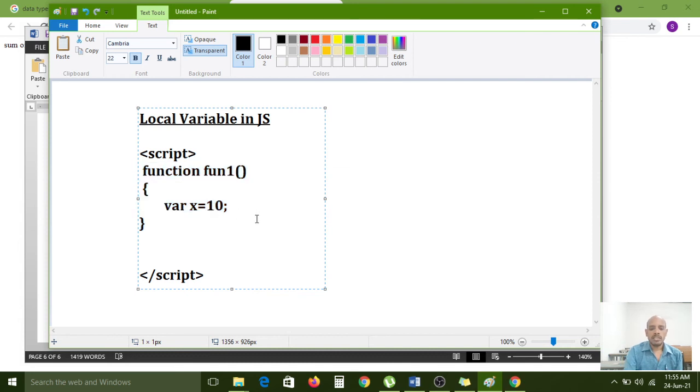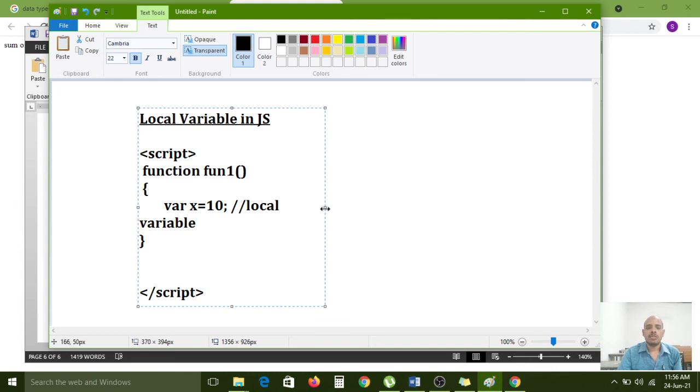That's why it is called a local variable, because it is declared inside the function. So the x variable belongs only to function 1, right?